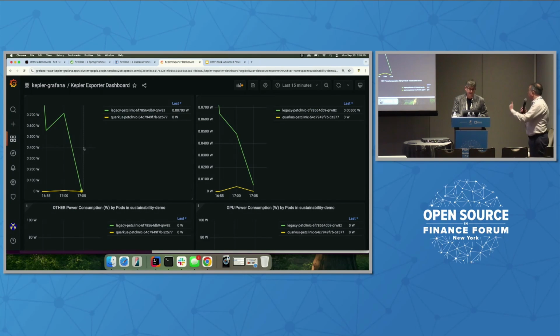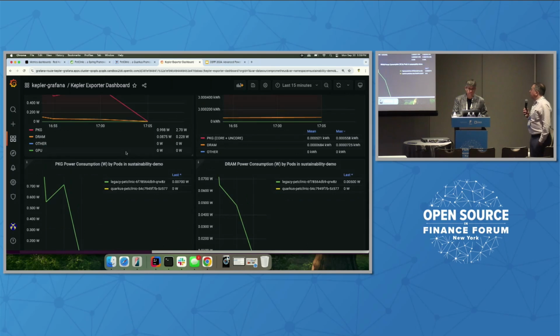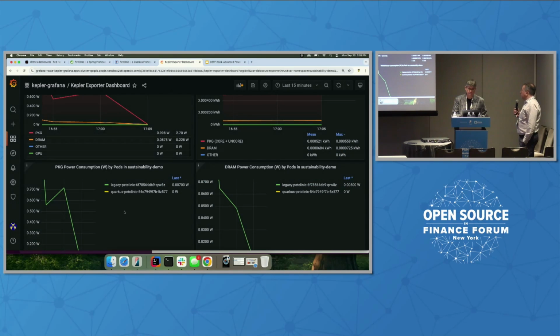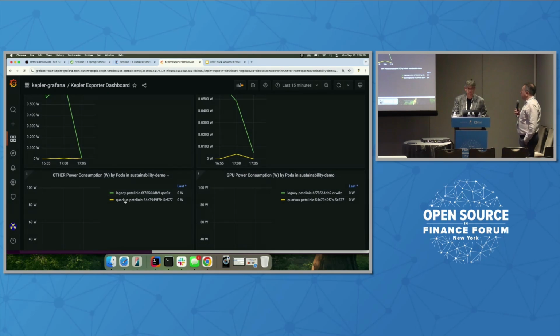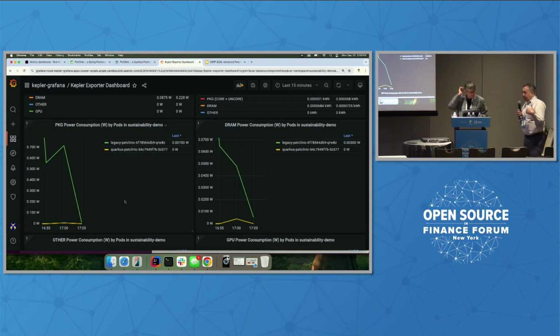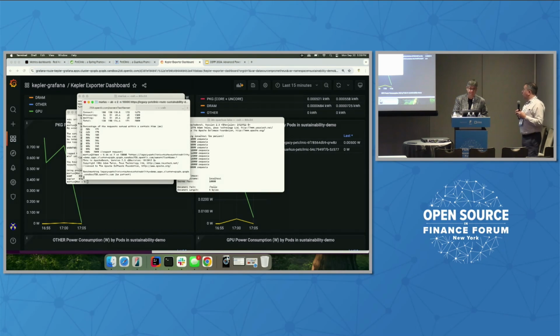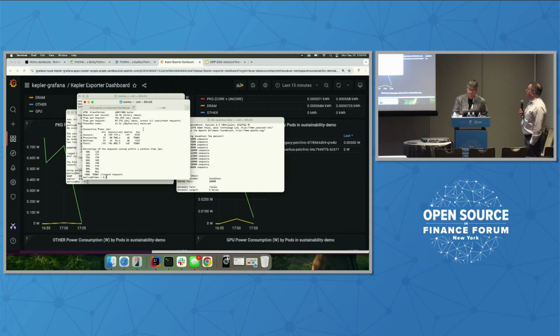I have two pods. Scroll up for a second, but you also can see the components inside the machine. So you've got the CPU, DRAM, GPU. So you can see specifically what is happening. If you're running an application and you're wondering what's consuming that, am I CPU bound? Am I GPU bound, in terms of costs or in terms of green? You can see all that.